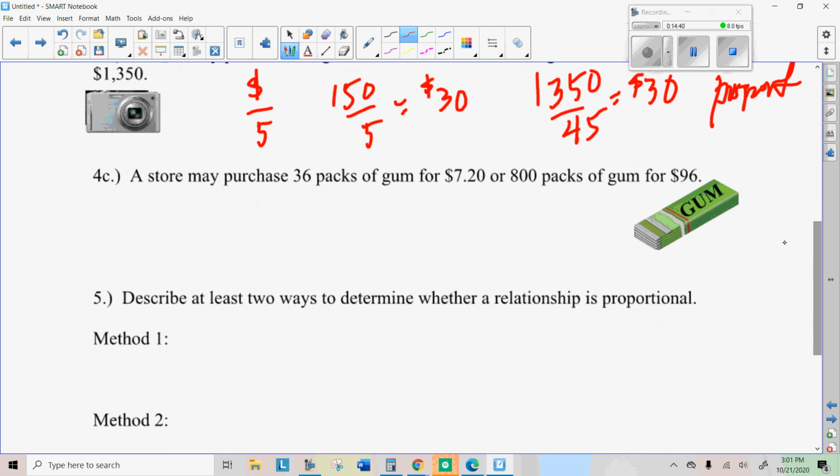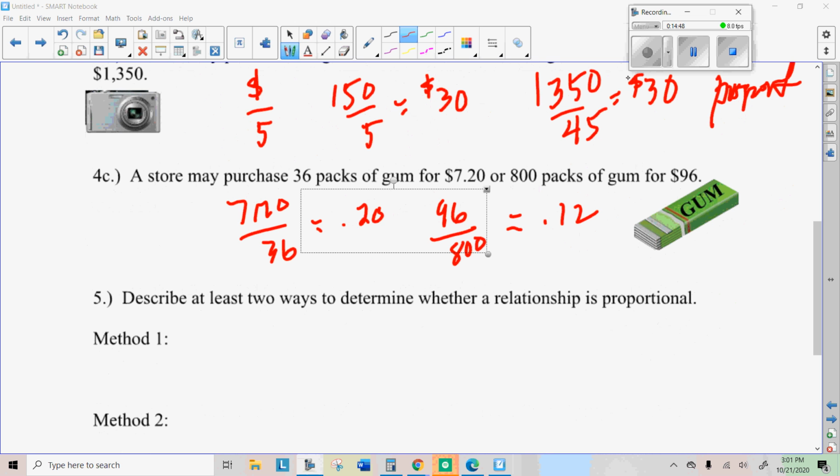All right. So go ahead and try the next one, see if you think it's proportional. I'm thinking not on that one. When you buy the 800 packs, you get them for 12 cents each. When you buy the 36, you have to pay 20 cents a pack. Okay, so